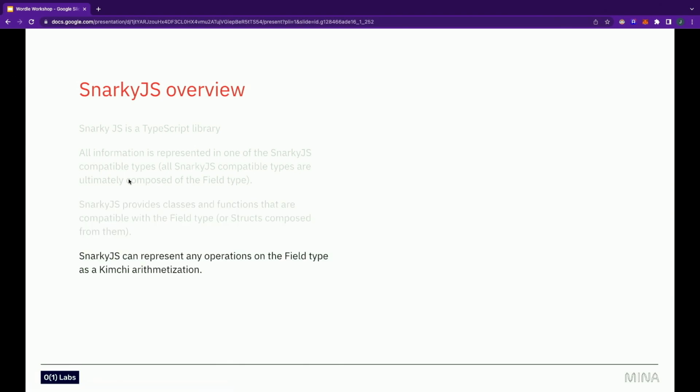And so SnarkyJS can represent any operation on these field types as a kimchi arithmetization, which is basically a math problem that mirrors what the program does. So the user doesn't have to worry about this. This is all done for you. You just write your program using the SnarkyJS classes and functions and using the SnarkyJS types. And as long as you've done this, then SnarkyJS afterwards can go on and introspect. It can sort of look at the code that you've written and figure out how to make a math problem